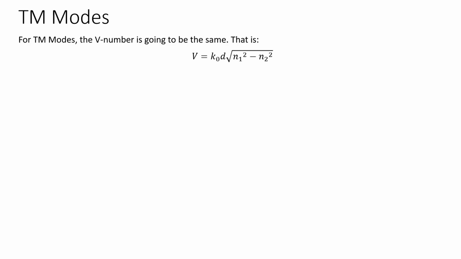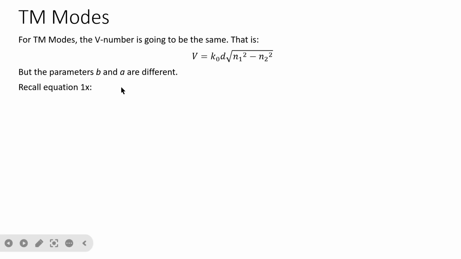So for TM modes, we know the B number. We also know A and B's are different. The V numbers are not the same. And now we are going to take a look at equation 1x. We have this equation,